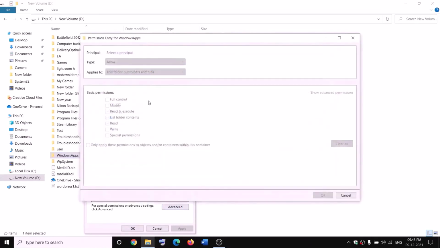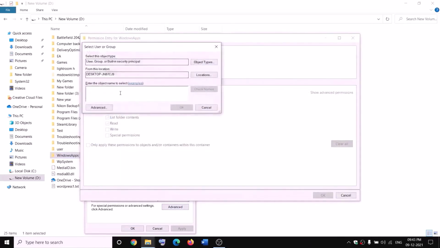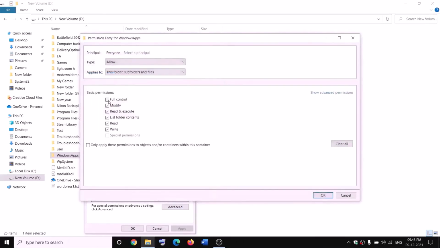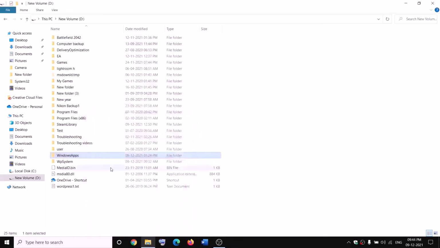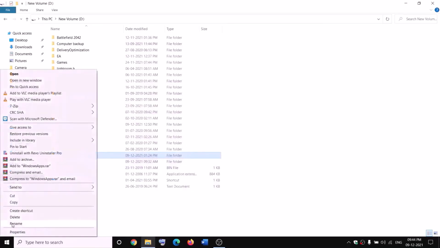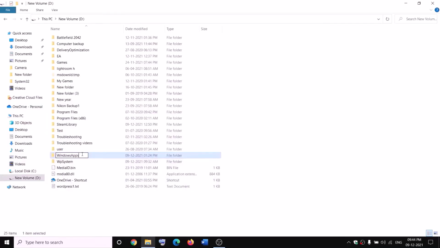Again make a right click on Windows apps, select properties, security tab, advanced, and this time click on add, select a principal, everyone, check names. OK, put a check on the box which says full control. OK, apply. OK, OK. Now make a right click on Windows apps and then click on rename and then rename